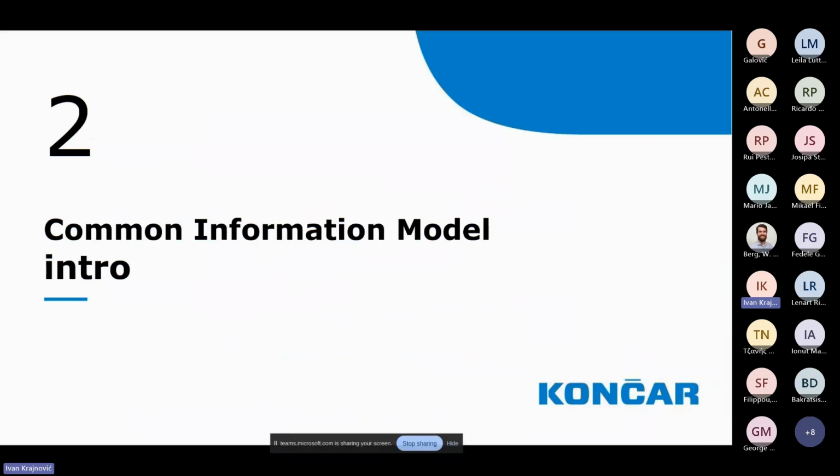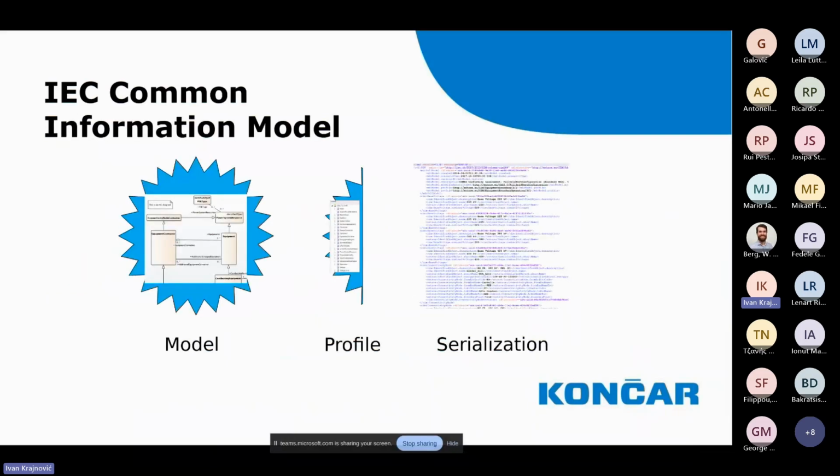So we'll talk a little bit about the SIM. Okay, the SIM is a common information model that's prescribed by the ISC, and it consists of 3 basic things. One is a model, that's the basic meta model that's developed in UML, in Enterprise Architect app by the working groups or standardization working groups. And that's the complete model, all classes, all attributes, etc.